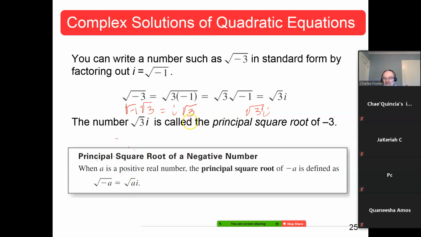Now what I was going to say, it's just like if you did the square root of 4. You say it's 2. Okay? That's the principal square root of 4. In reality, you know there's another square root of 4, and that's -2. But principal means positive, so the p's mean the same thing. So this is going to be your a, square root of a times i. Okay, so